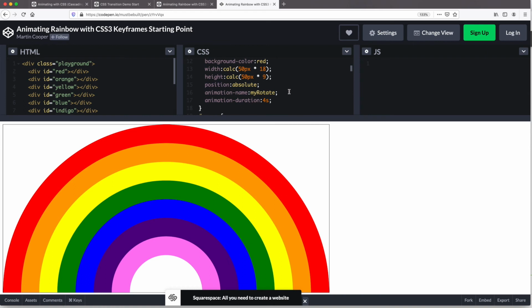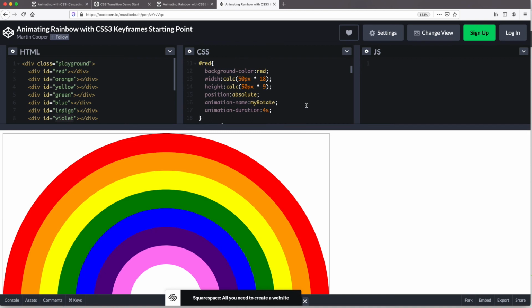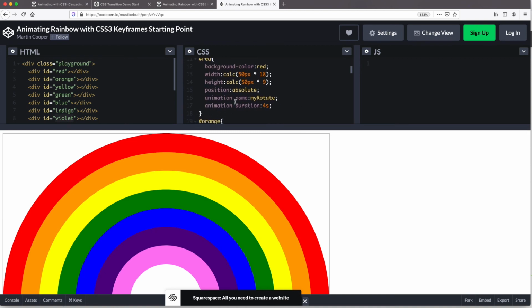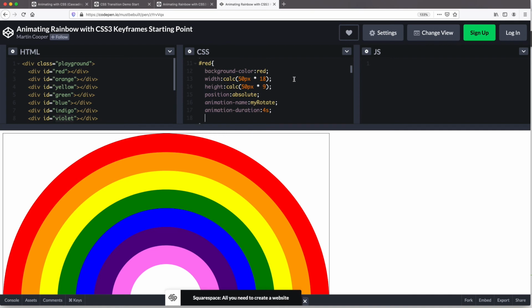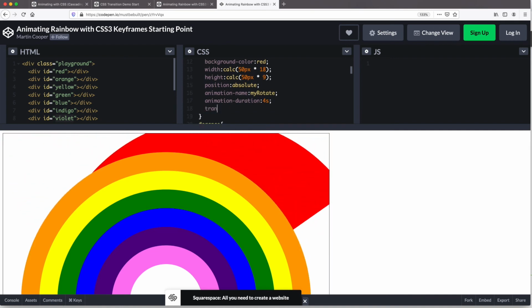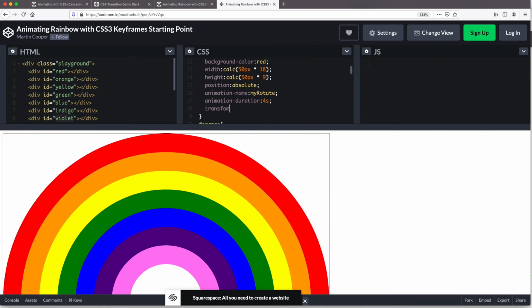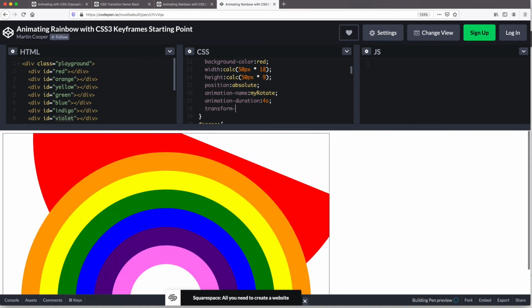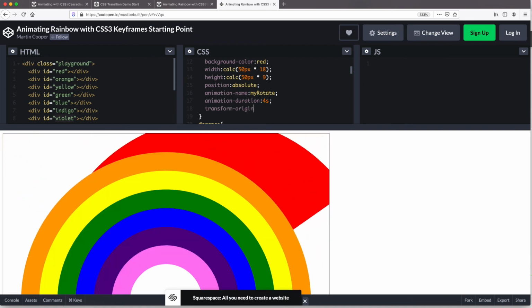So why is that? Almost tempted myself there, but don't refresh, because you will lose all the information you put in there if you do that. So when you want to change this, the issue is the center where it rotates around. So we have to set the center to be slightly different. It's what's known as the transform origin. So on red, we are going to say transform-origin, and we'll set it to be,